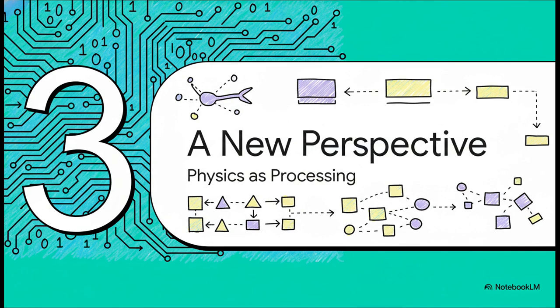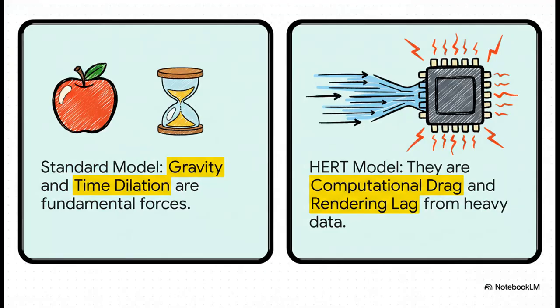Now, if you accept this premise, it totally reframes fundamental physical laws. They stop being these inherent properties of some physical fabric, and instead, they're just observable artifacts of data processing, side effects, really. And this is where it gets really weird. Under this model, things we think of as fundamental forces like gravity and time dilation, they're not forces at all. They're symptoms of the system's processor getting overloaded. Gravity is computational drag. Time dilation? That's just rendering lag, and it's caused by us, the checksum nodes, as we're trying to process all this heavy,